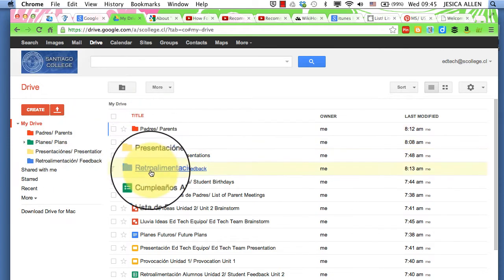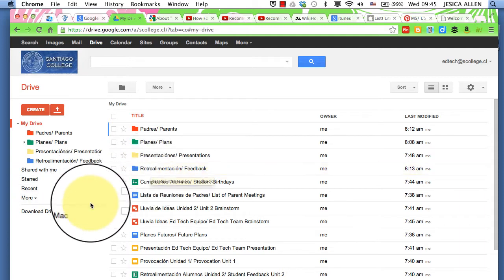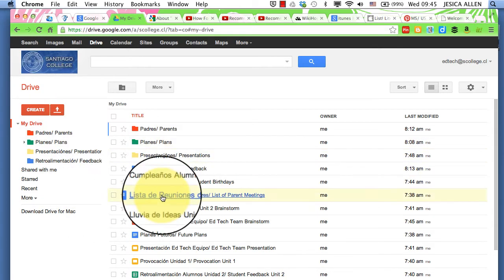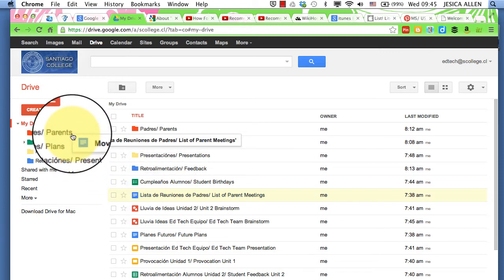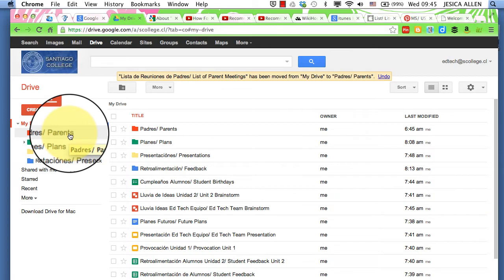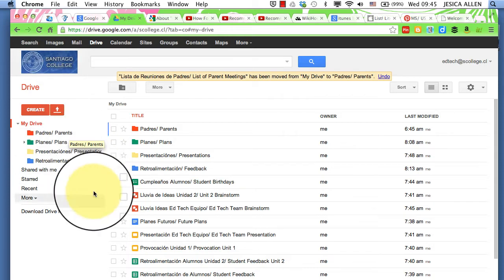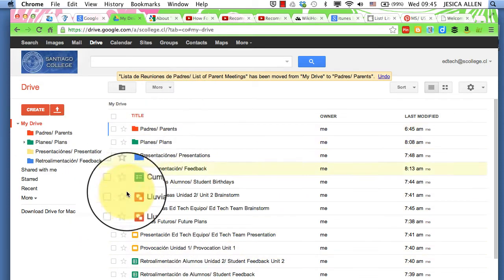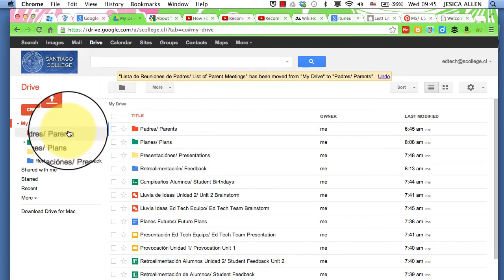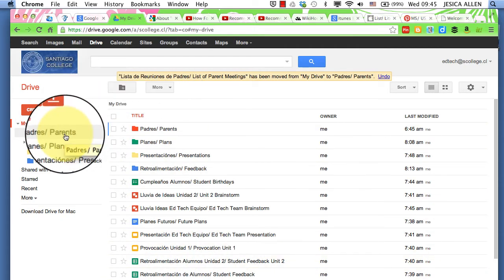Now that I have my folders, there's nothing inside them at the moment. I need to put information into each of the folders. The easiest way to do that is to simply drag it into the folder you want, like this. You can see I've now dragged the list of parents into the parent folder. Notice you saw the word Move when I put it in the folder. It's not in my list anymore. I've moved the document from my big list in My Drive to the little folder called Parents.